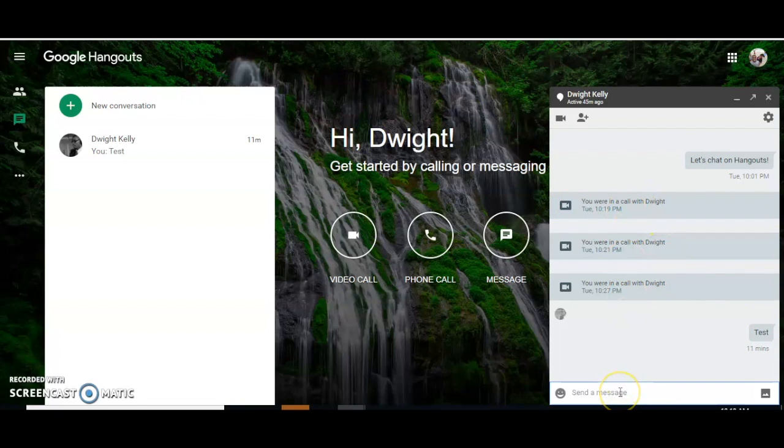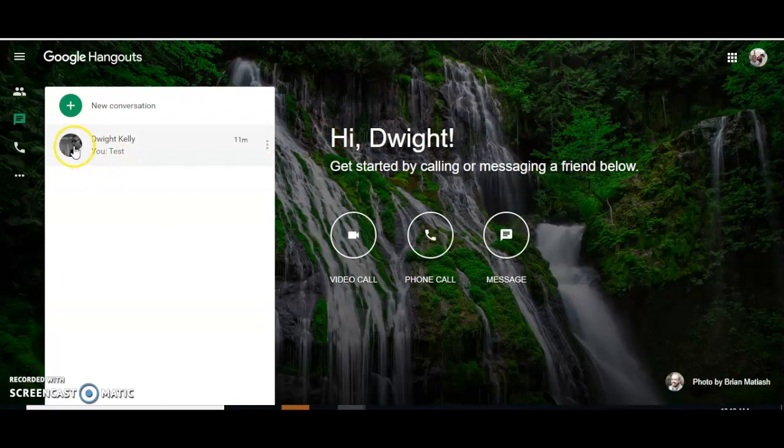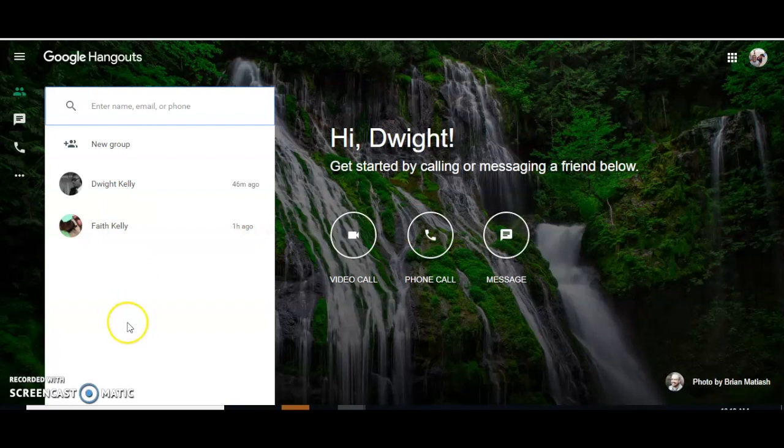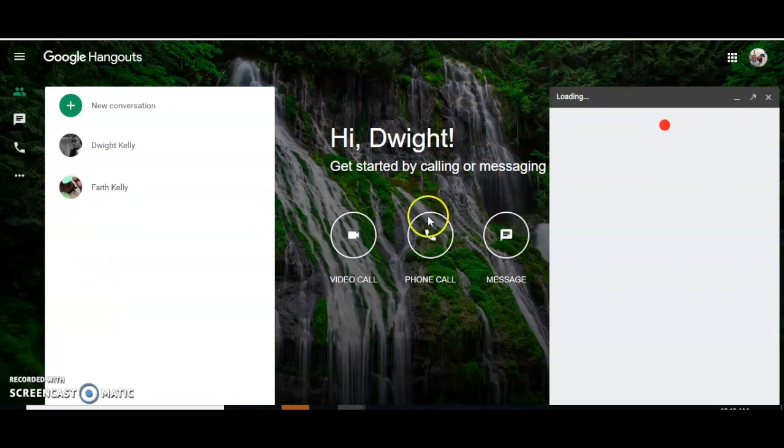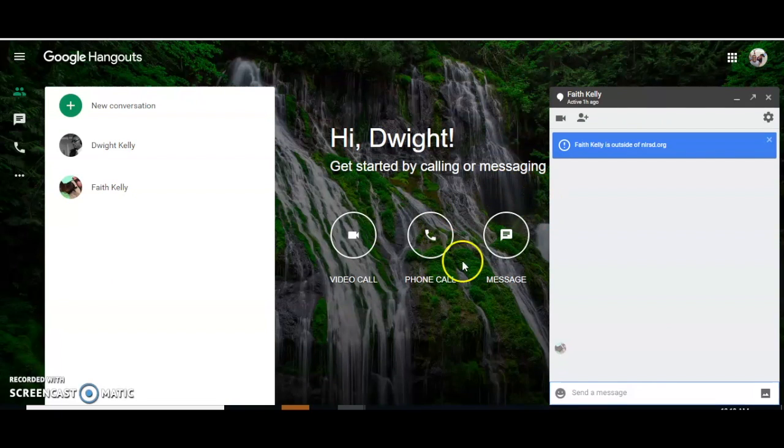Please make sure you remember when you message people down at the bottom, let's go through that. I'll close this out. I'll just simply click on messages and you'll see everyone over here that you have messaged. This is my daughter, Faith, and I'm going to go to her messages. And so I was testing this just so you can see what type of interaction that we've had, and everything